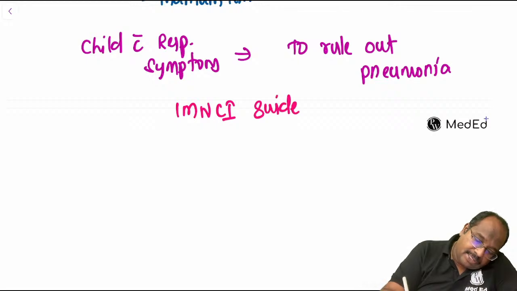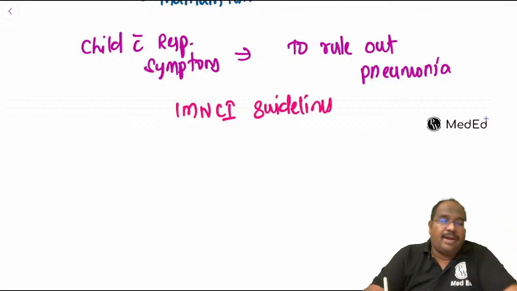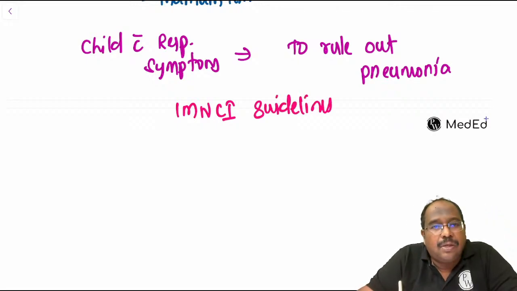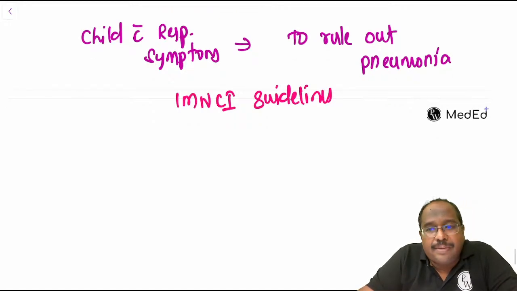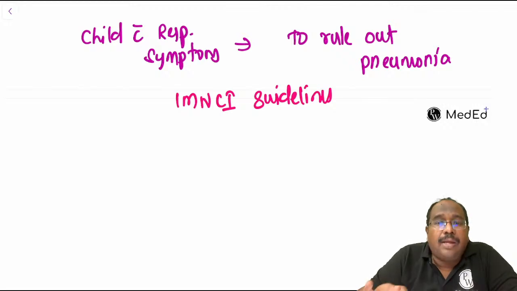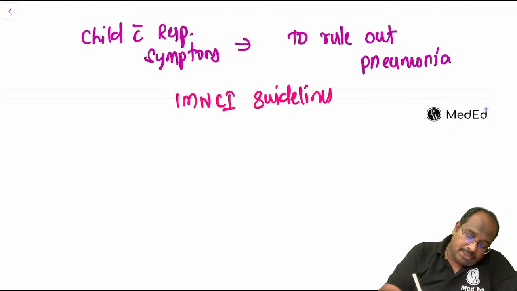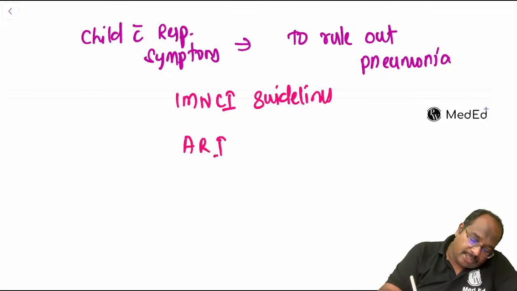IMNCI guideline. Again, we have to follow IMNCI guidelines. Okay, child with respiratory symptoms. You have to make a diagnosis: no pneumonia, a child with acute respiratory infection. Your diagnosis should be like this: ARI, acute respiratory infection with no pneumonia